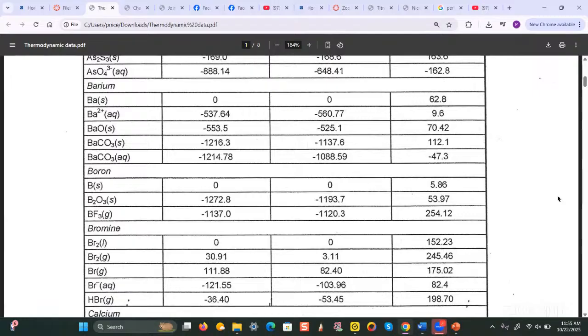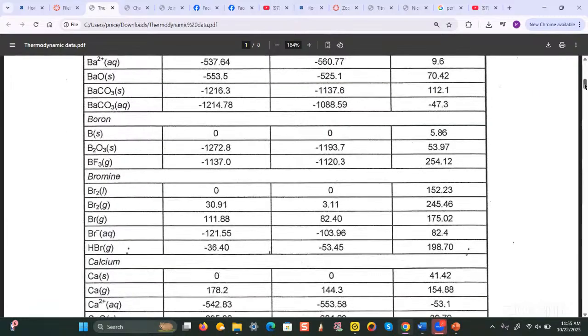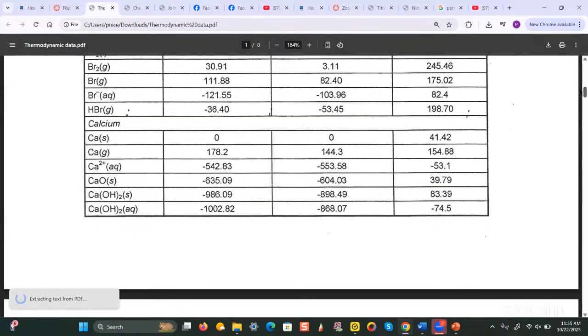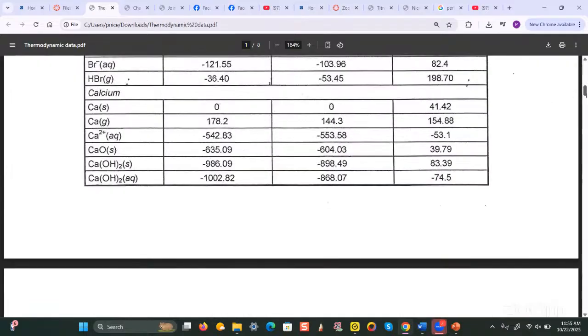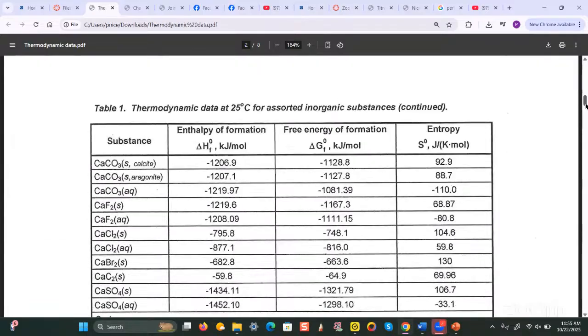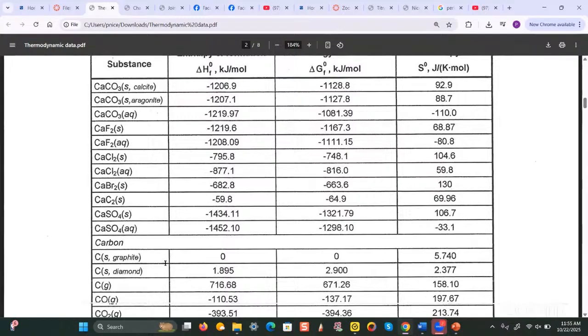And if you continue down and look at all the elements, you'll see that their values are 0. So for example, calcium, scrolling down. Now carbon, there are 2 forms of carbon. Actually, there are more than 2, but only 2 listed here. The graphite is one that has a 0 value, but the diamond, its enthalpy of formation is 1.895 kilojoules per